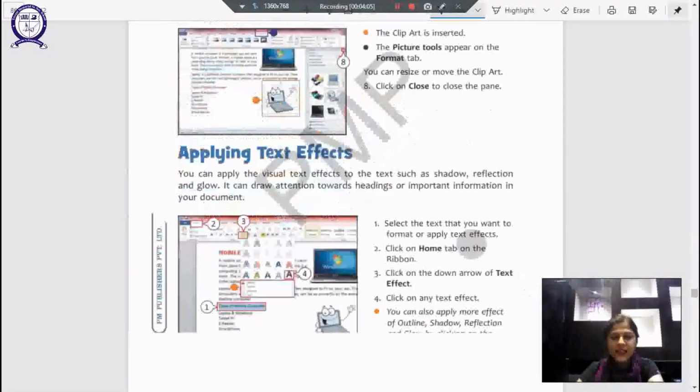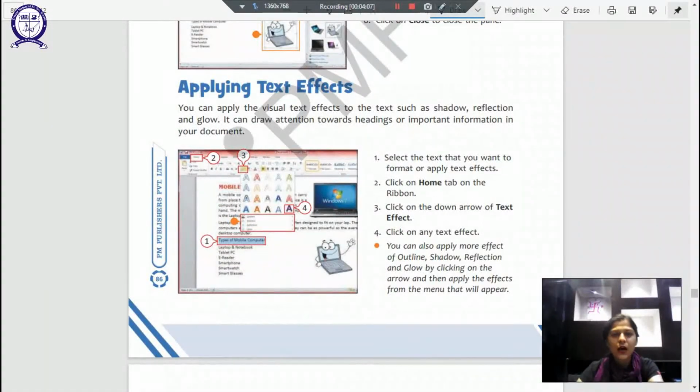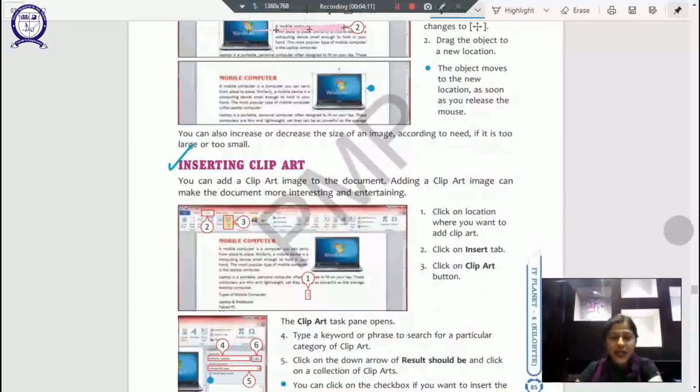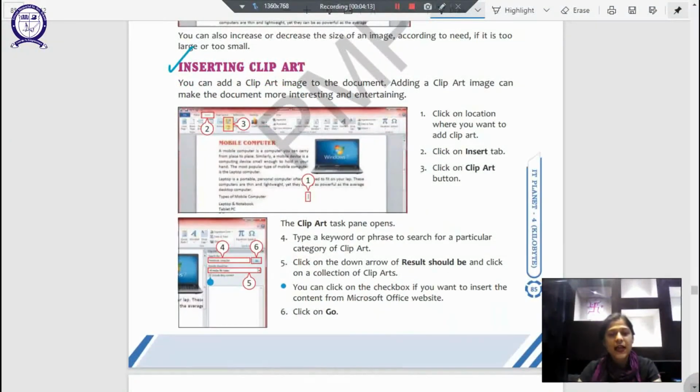Now we learnt about moving an image and inserting clip art as well. Moving ahead, we will see how we apply text effects. By the way, children, do not forget to read these steps, because in your examinations you will be asked how to add clip art into a document, let's say. Then you will be supposed to write all these steps.